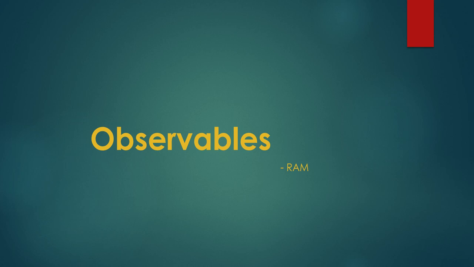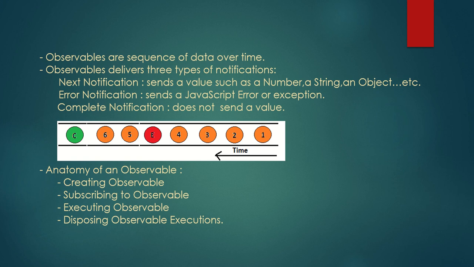As we have discussed in the previous video, RxJS is useful to compose asynchronous and event-based programs by creating observables and writing some programming with these observables. Let's try to understand what observables are in this video. Basically, observables are asynchronous data streams and deliver the data over time.